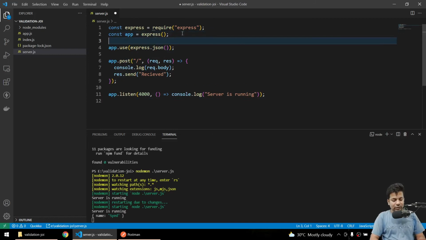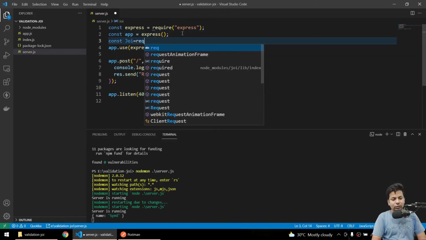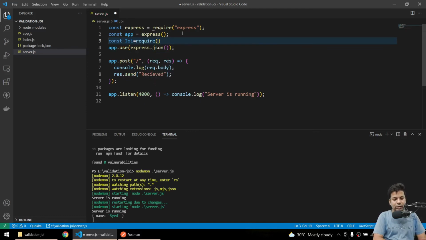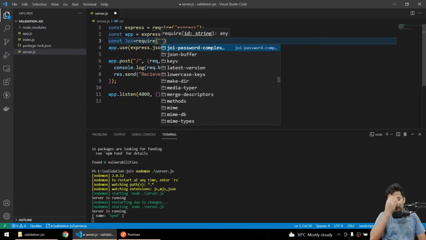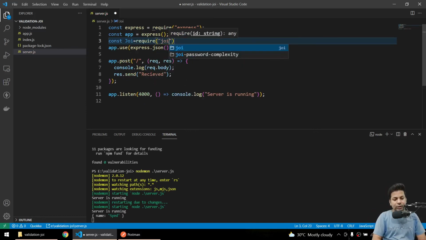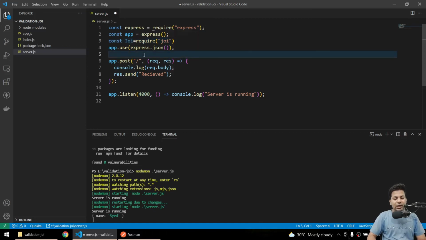Now we'll say const Joi equals require Joi. Now here we'll define the Joi schema.